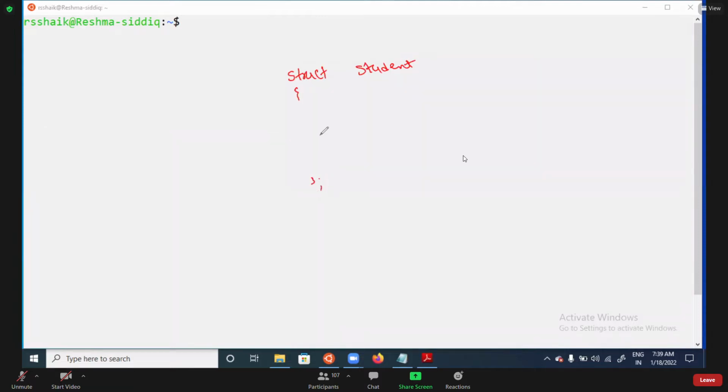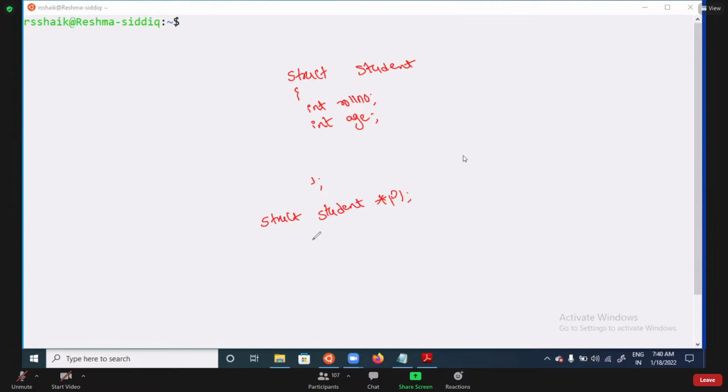In this, int roll number is there, int age is there. Now try to tell me the general concept I am taking. Struct student star p1. p1 is a pointer I am taking.